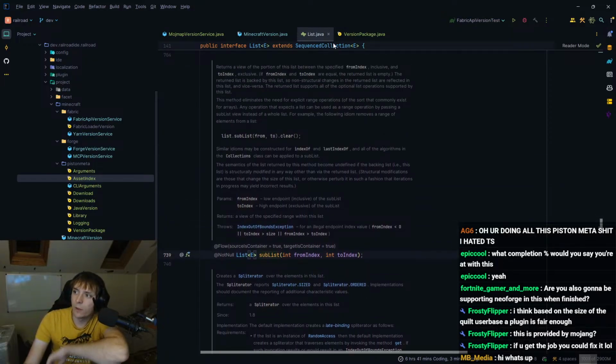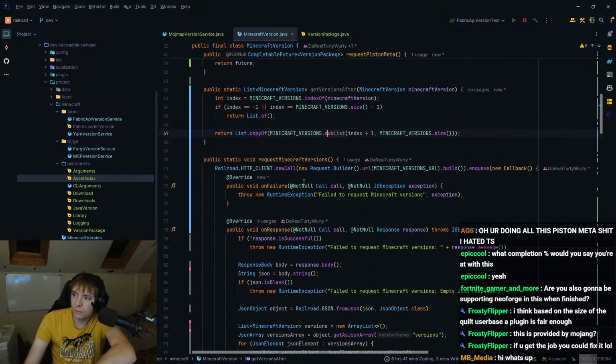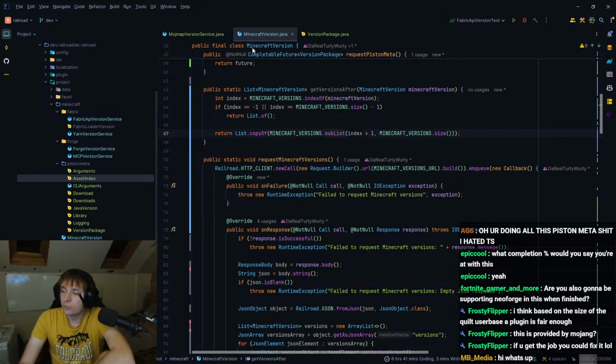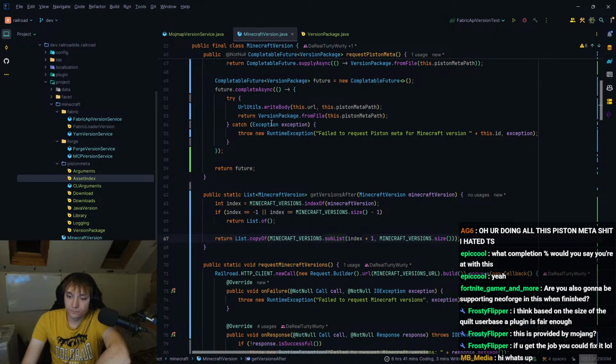I think it has undefined behavior then. Not very helpful, is it? Hello, MB Media. Welcome to the stream. Okay, this is fine, I think. I guess the versions after.